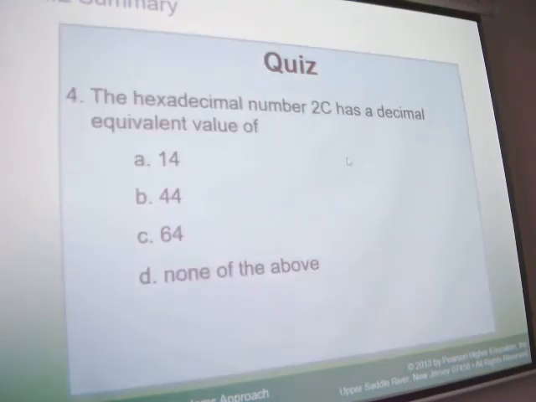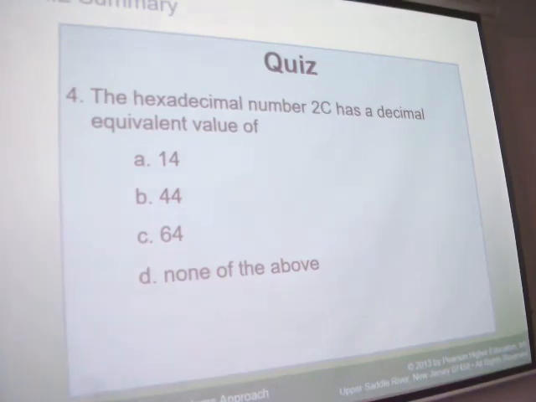The fourth question. The hexadecimal number 2C has a decimal equivalent value of 44. B, 2C, this is 44. Yes, 44. The weight of this position is 16 to the power of 0, and this is 16 to the power of 1. So